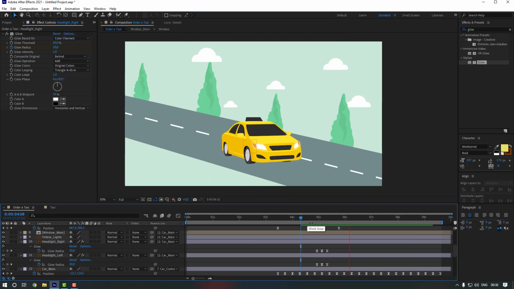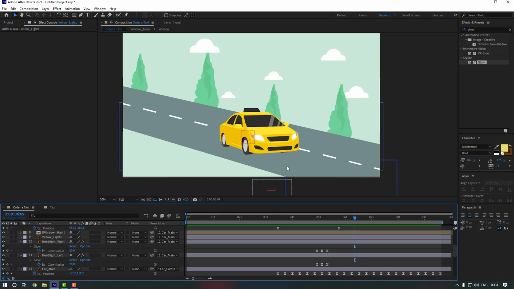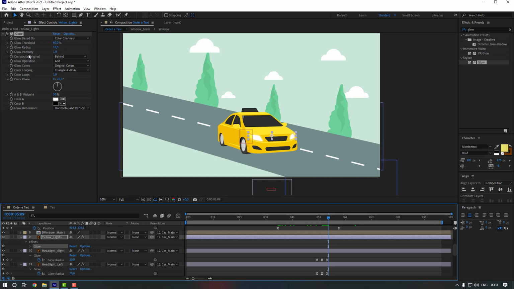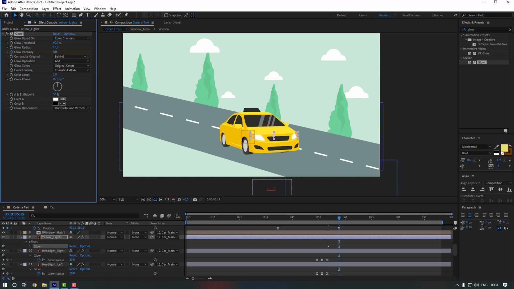Okay, nice. Also, let's do the same for the yellow lights. So select the yellow lights and add the glow effect. And I'm gonna use glow intensity for this one. Let's make a glow intensity keyframe and change it to 0.2 and go to the 3rd keyframe. Let's change it like this and go to the 3rd keyframe again. Let's change it to 0.2